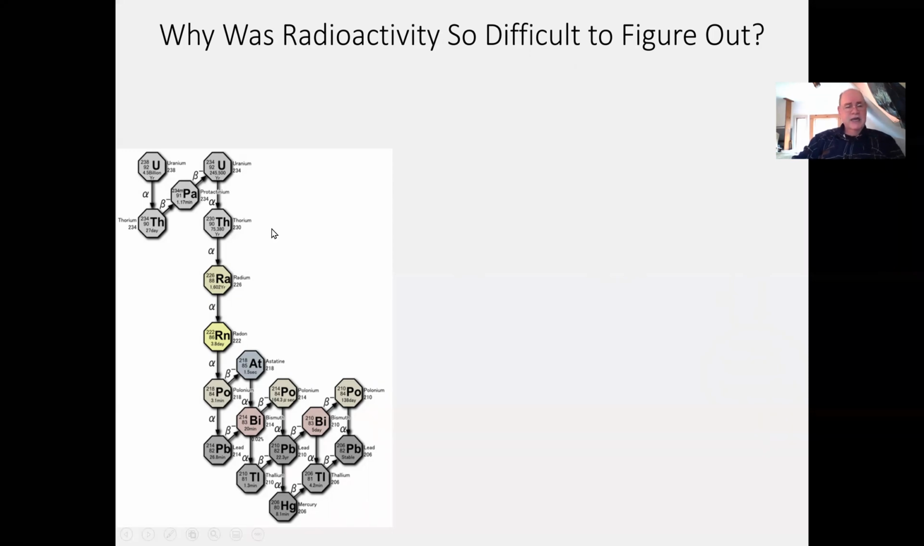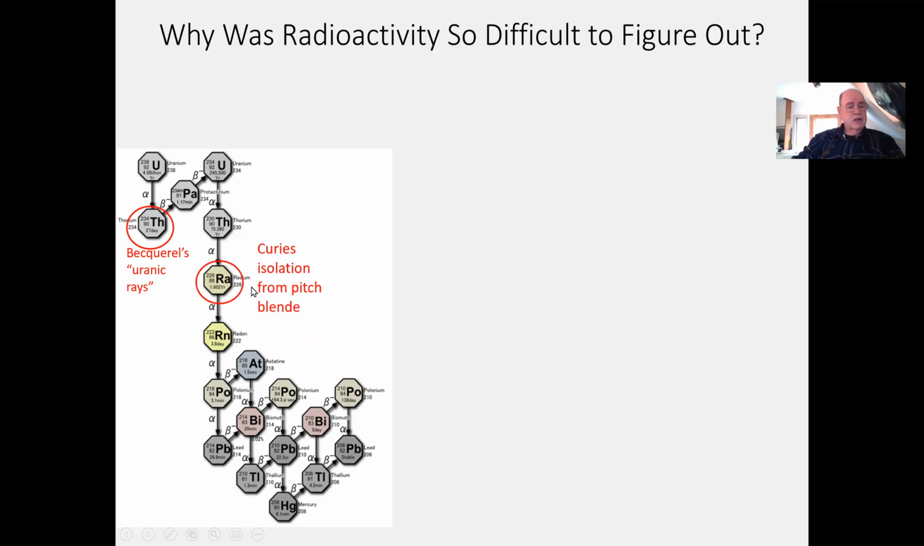Here's the radioactive decay chain of uranium. And although it starts simple, here's the original Becquerel uranic rays. This was uranium turning into thorium. Here is the pitchblende discovery of radium itself, the Curies. And here's that original radioactive gas coming from the uranium. This is the radon. But once we get past this, look how complicated it gets. We wind up finally with lead,